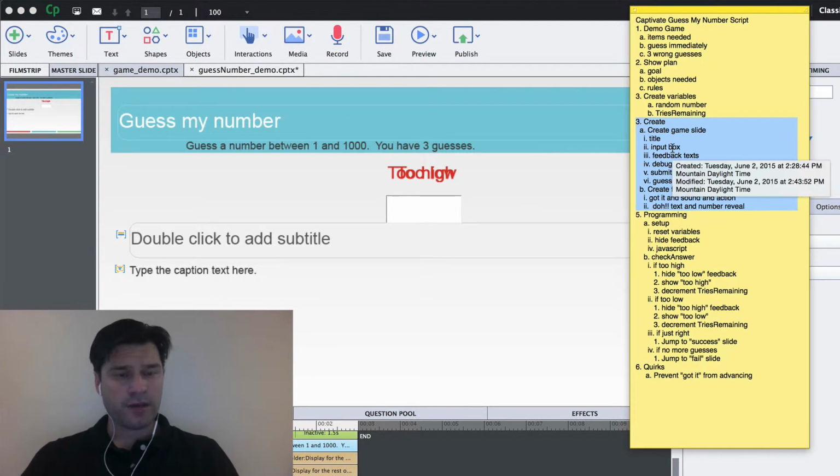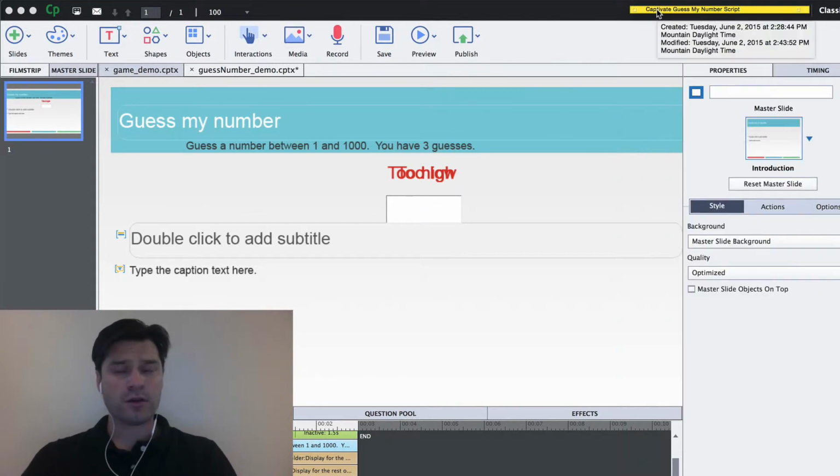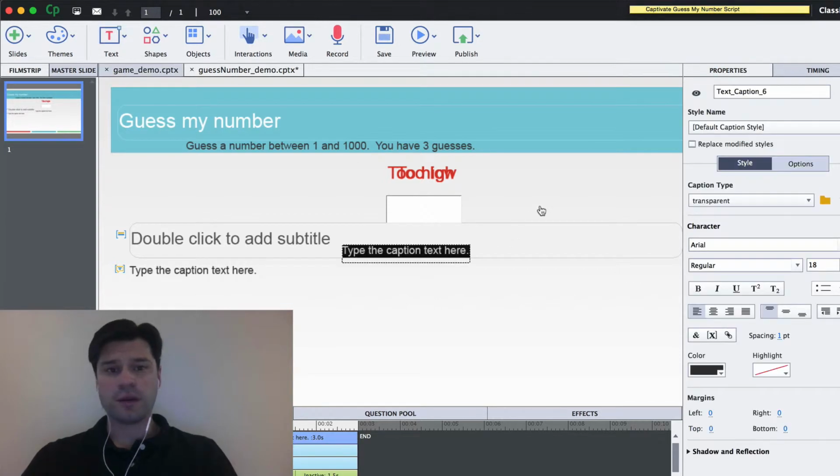So now that I look at that, I've got the input box, I've got the feedback text, I've got debugging feedback, which I need to be able to create. Now remember, the debugging feedback isn't something that we would include for our end users, but it is something that I find extremely useful when I am coding myself. So I'm going to say current random